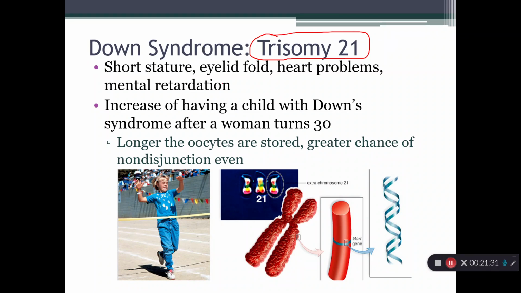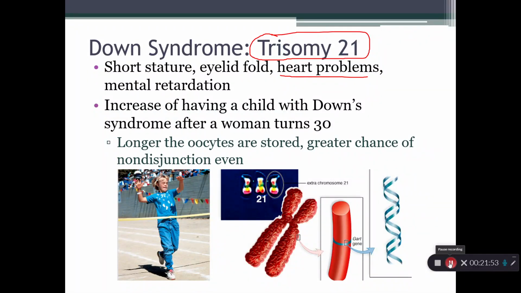They're short in stature. Their eyelids may appear differently. A lot of times they are born with heart problems and have to have different procedures for their heart. If they have Down syndrome, they have an increased chance of having a child with Down syndrome. But what this is saying is